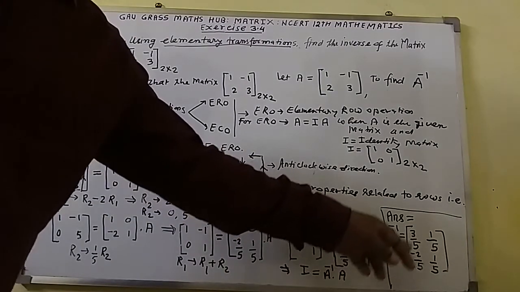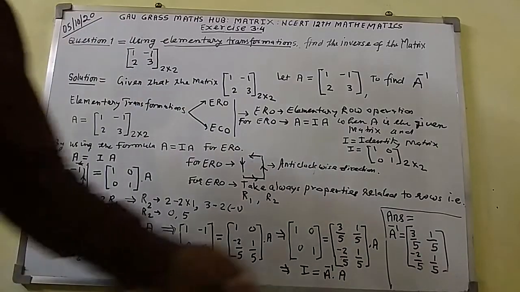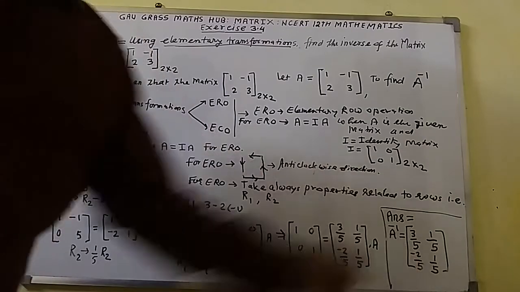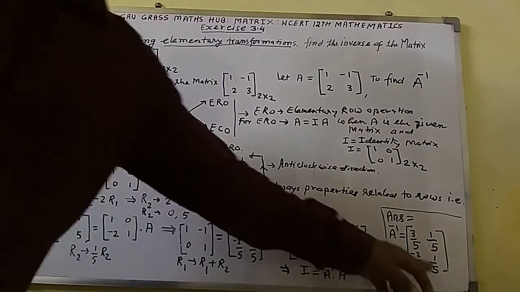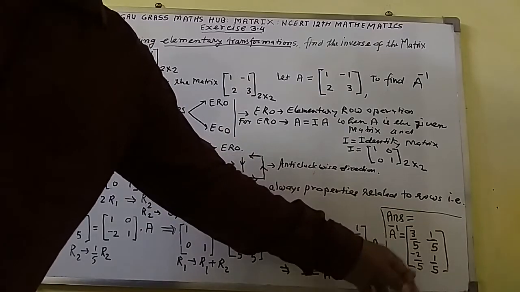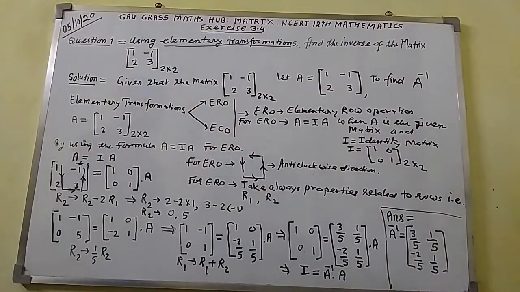A inverse equal to first element of first row 3 over 5, second element of first row 1 over 5, first element of second row minus 2 over 5, second element of second row 1 over 5. A inverse equal to 3 over 5, 1 over 5, minus 2 over 5, 1 over 5. This is the answer you have got here. This is the complete solution of